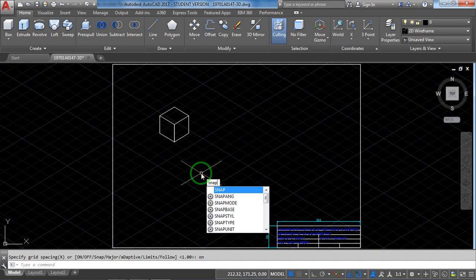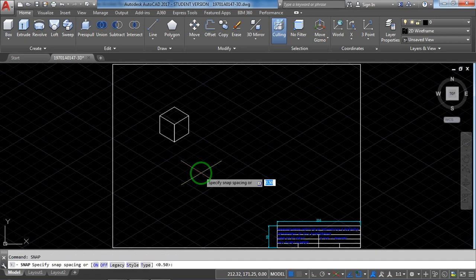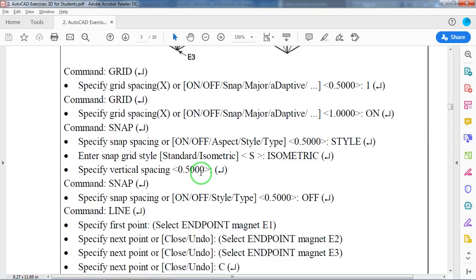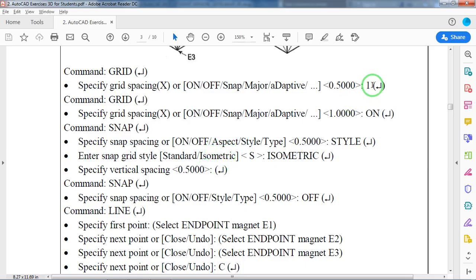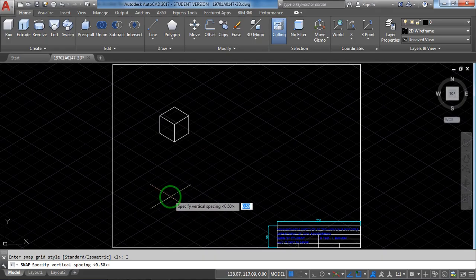Snap style, isometric, standard or isometric, we have to go for isometric, enter. Vertical spacing, here we have taken 1, here it is 0.5, by default 0.5 is there, just type enter.